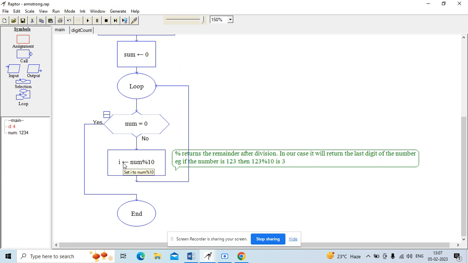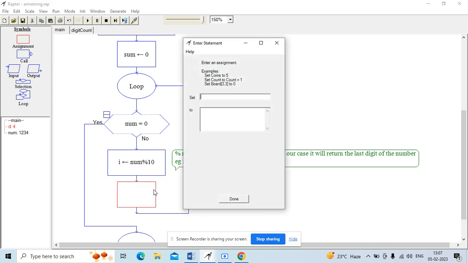So I have my I, and now I will create another function to, okay, we don't need a function really. All I will do at this stage, since I have this I, is just do this, and this is a crucial step. Sum is nothing but sum plus I